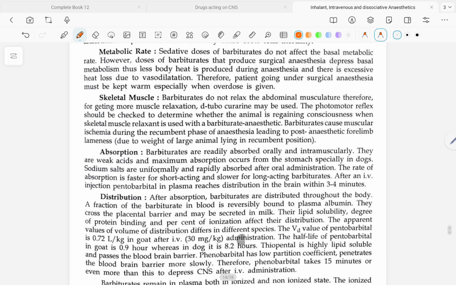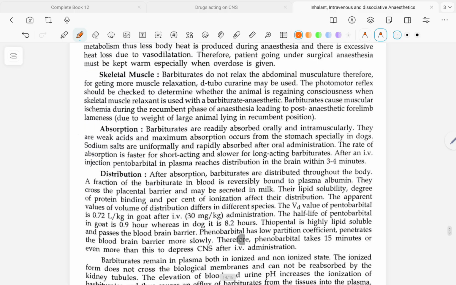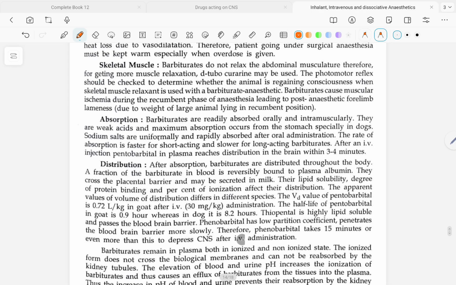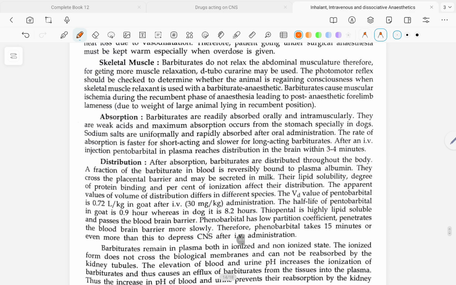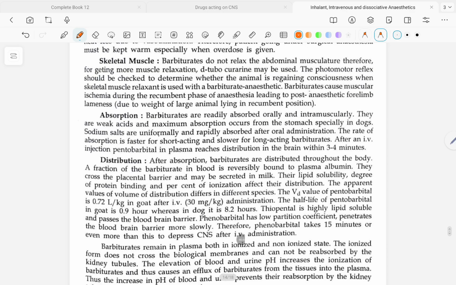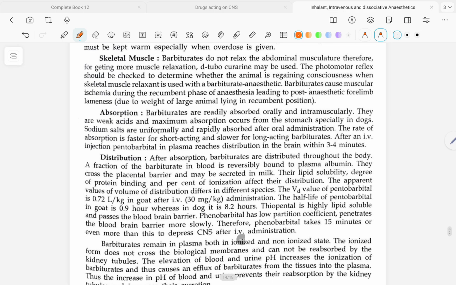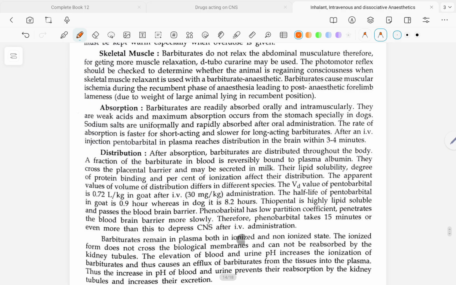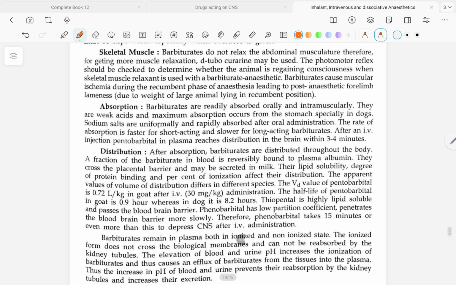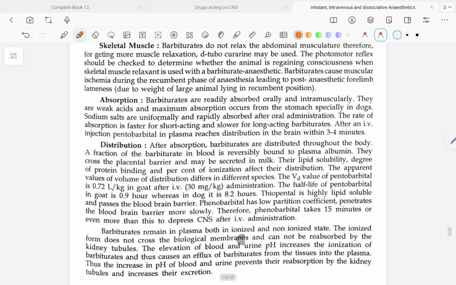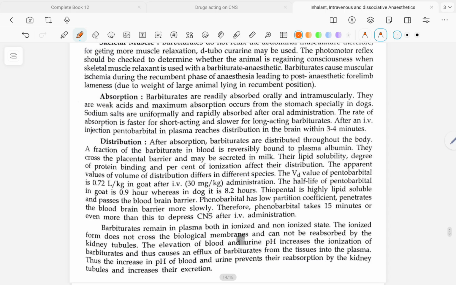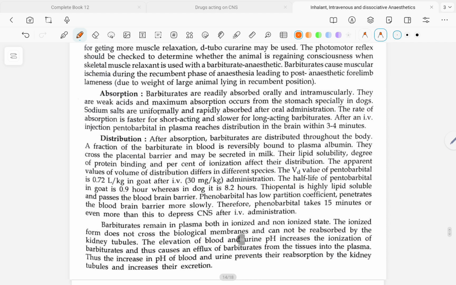Skeletal muscle. Barbiturates do not relax the abdominal musculature. Therefore, for getting more muscle relaxation, D-tubocurarine may be used. The palpebral reflex should be checked to determine whether the animal is regaining consciousness when a skeletal muscle relaxant is used with a barbiturate anaesthetic. Barbiturates cause muscular ischemia during the recumbent phase of anesthesia, leading to post-anesthetic lameness due to the weight of a large animal lying in